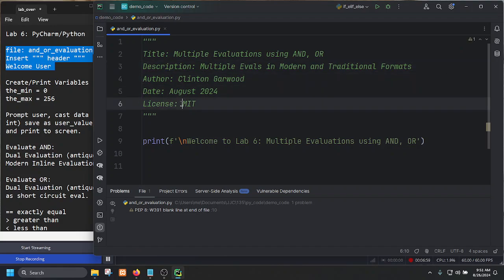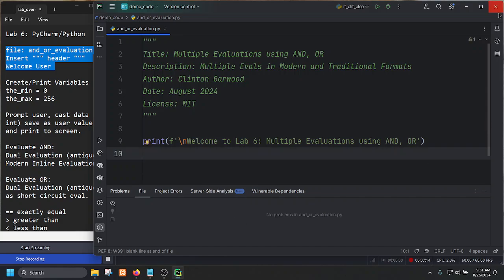The rest of this is the same, right? So license is the same, it's still August, it's getting to be September soon, but author is still the same. So now I've got a setup. This is quicker now, and in truth, we really do want to be able to streamline the writing of our code, and it's good practice for us to make sure the first thing we do is handle our